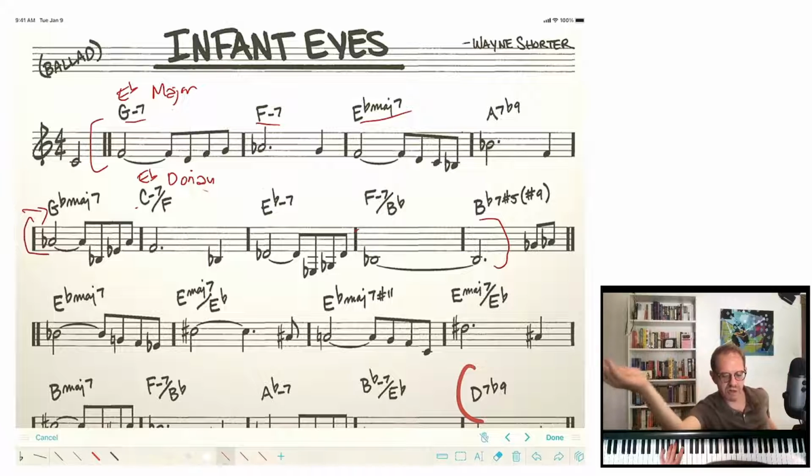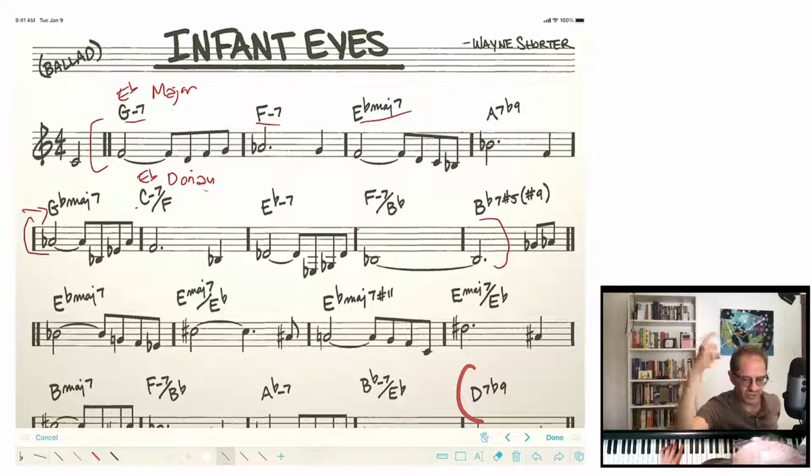So we basically have 4 measures of E flat major and then 4 measures of E flat Dorian. And so if I'm improvising over this piece, yes, I could change chord scale every measure. I could do G Dorian, F Dorian, E flat Ionian, A probably half whole octatonic, G flat Lydian probably, etc., etc. Or I would prefer thinking about improvising